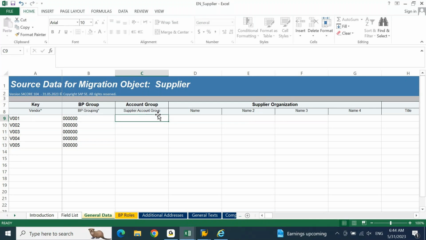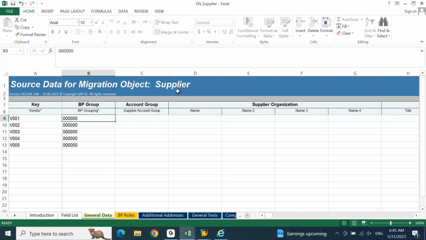Based on your BP settings, you are going to determine supplier account group based on the BP account group automatically. That is why this is optional. This group is going to bring this group automatically. But are we supposed to give BP grouping for vendor or BP grouping for general? Now our intention is to create a supplier. When you are creating a supplier, you need to ensure you are giving supplier BP grouping, not general BP grouping,